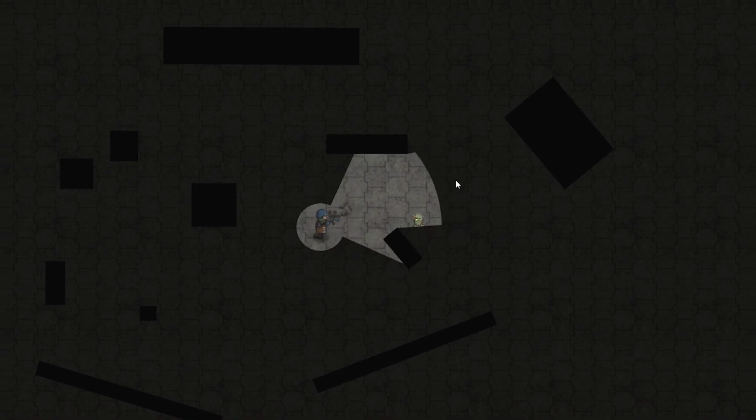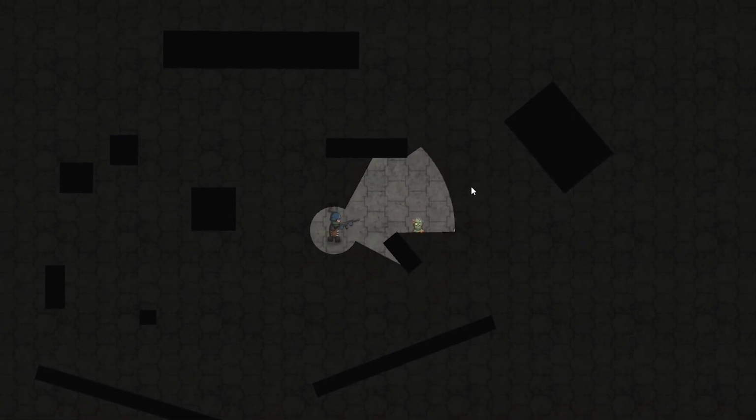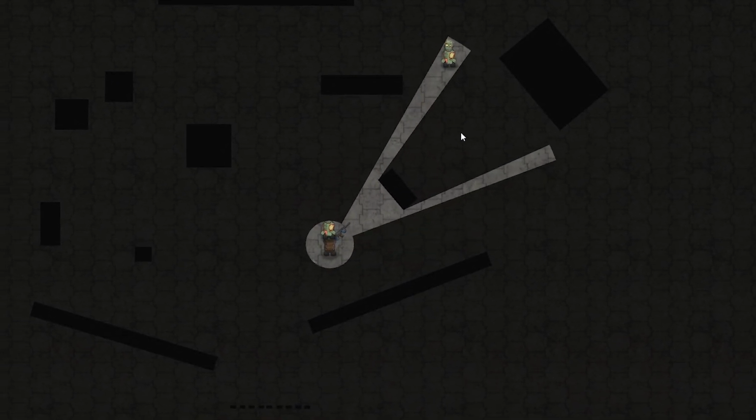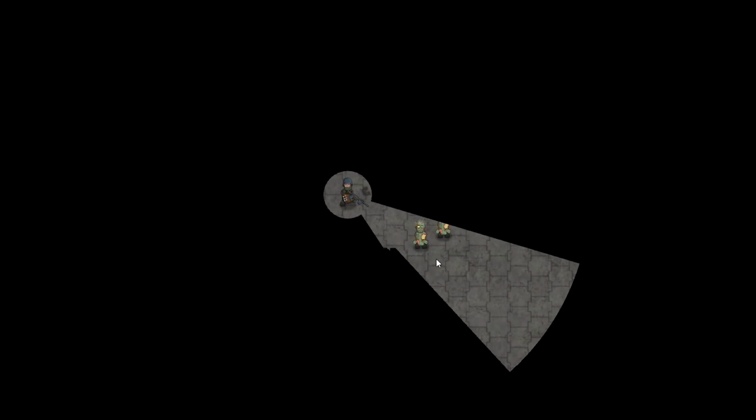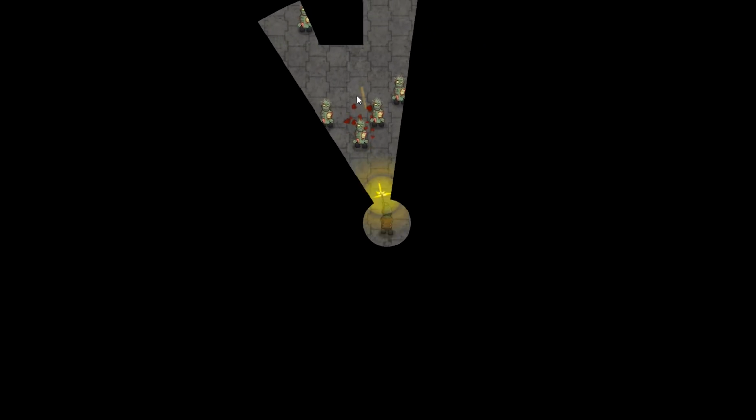Over here you can see a bunch of enemies, and as you see, they are only visible when inside the field of view. So if a wall is blocking them, I cannot see them. Using this with a completely black outside makes for a very interesting effect. So as you can see how this would be very useful for any kind of stealth or horror or strategy